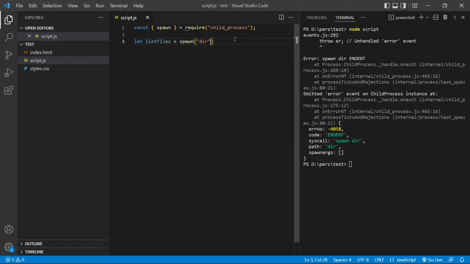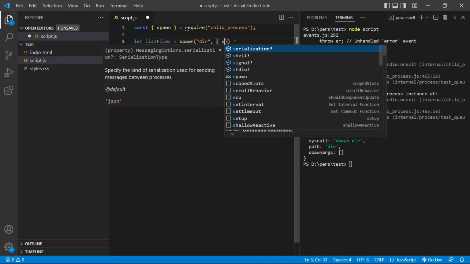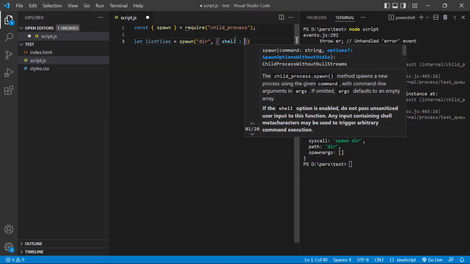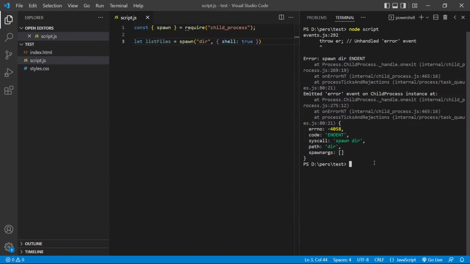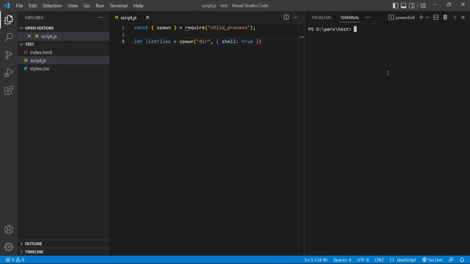So inside the options object, I can just pass in a shell property whose value is going to be boolean. So I can just set it to true. This is one way of solving the issue. It's basically telling the spawn function to open up a shell and then run this command inside that shell. So now if I clear this and run the script again,